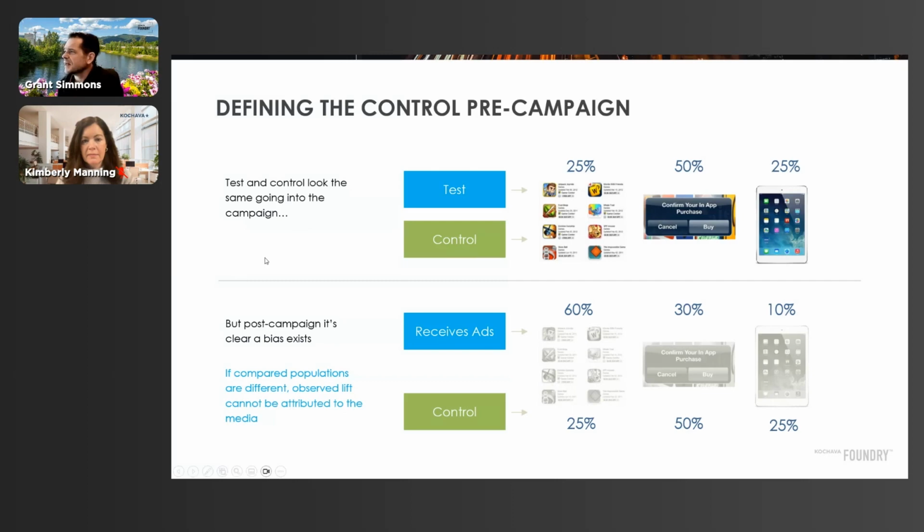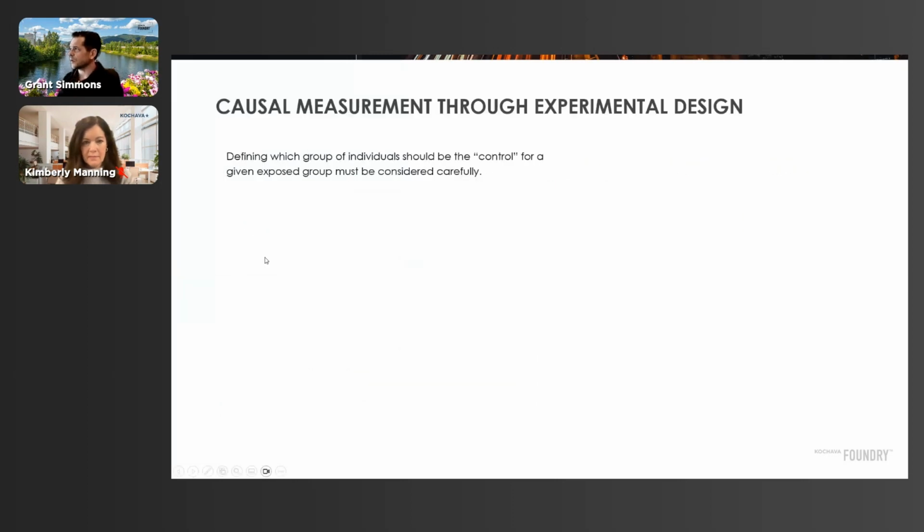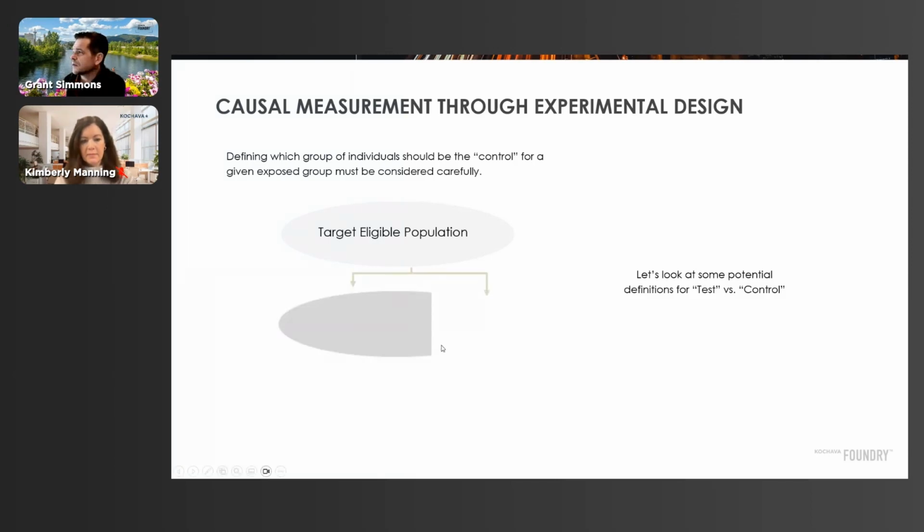And so let's get on to a little bit more definitional work here real quick. Let's define the groups we're talking about here. Let's talk about some different populations. There's this notion of an overall target eligible. This is the overall universe that you could possibly market to. Within that, we have two groups: those who we are trying to treat with ads and those who are in our holdout group, right?